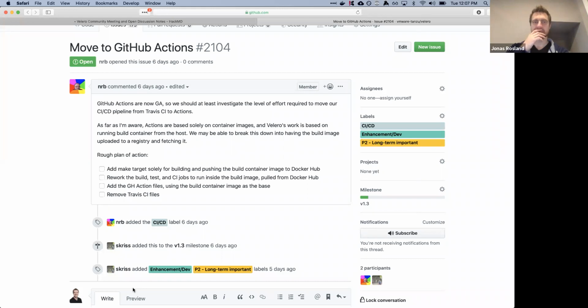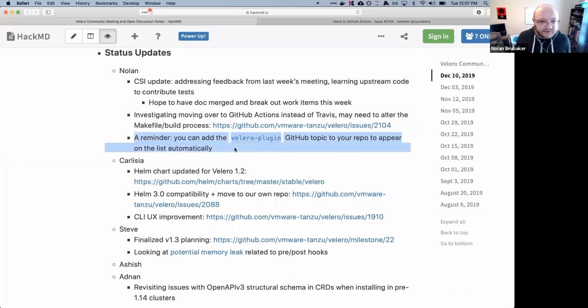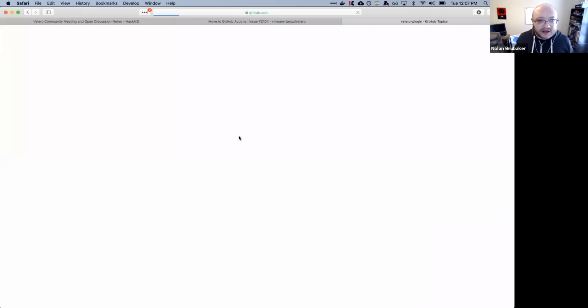Okay, awesome. And then my last thing was just to remind folks that weren't on the call last week. I saw OpenEBS had adopted this, but you can add the Velero plugin GitHub topic to your repo, and you'll appear on that GitHub topic.